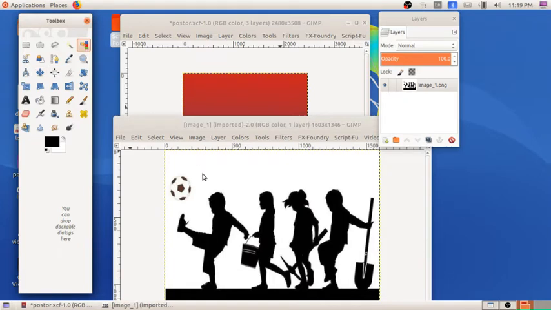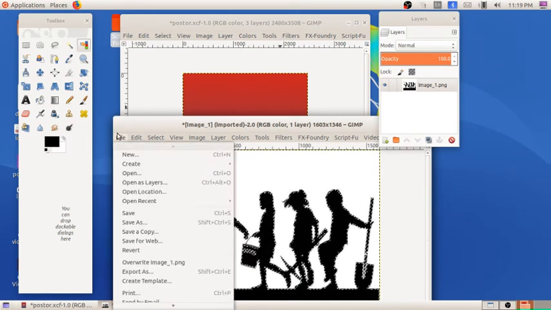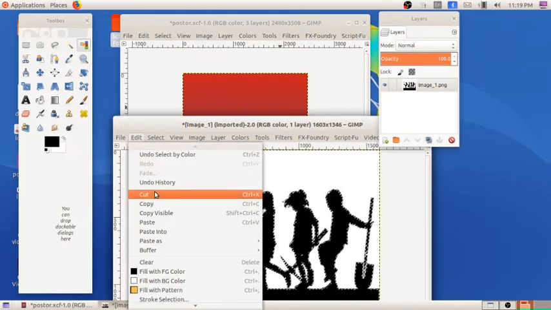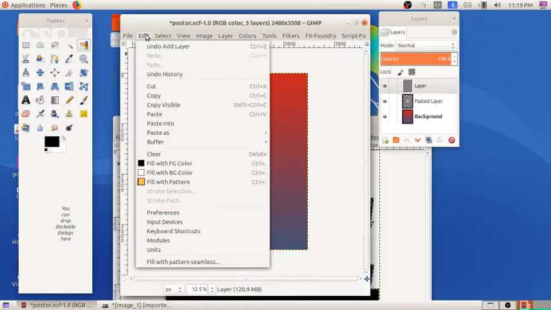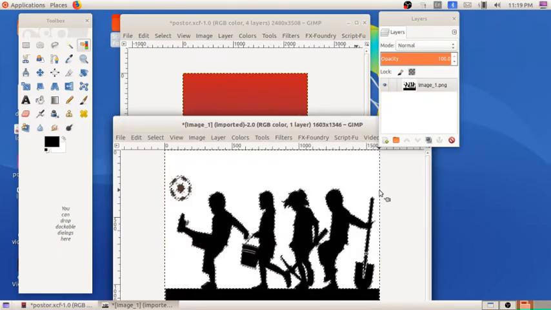I am dragging and clicking on the black color. Only this part got selected. I have to click on this football also. There is one key on the keyboard for that. What was that? Shift key. Press the shift key and click on this black color. The football also gets selected. In the same way, in Edit, go to copy, then Edit, paste. Okay.